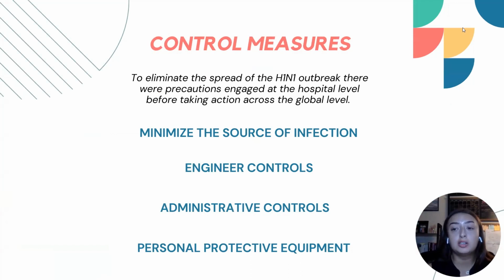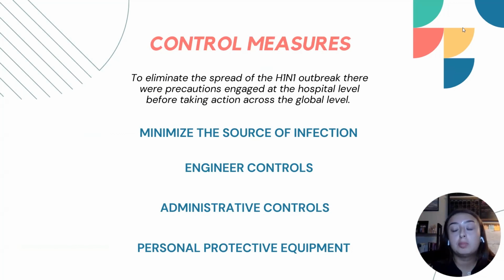Administrative control. This includes vaccinating healthcare workers, enforcing masks for healthcare workers and staff, and screening staff and patients. The screening typically may include temperature checks. It can include asking symptoms. Have they had a fever within the past 24 to 48 hours? Or asking any of the symptom-related questions.